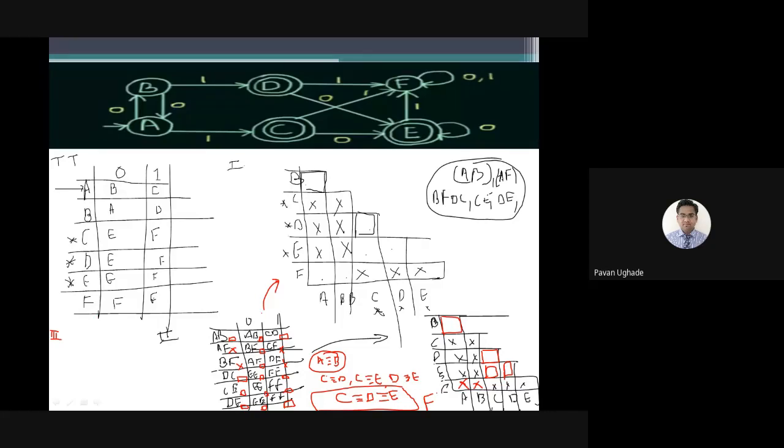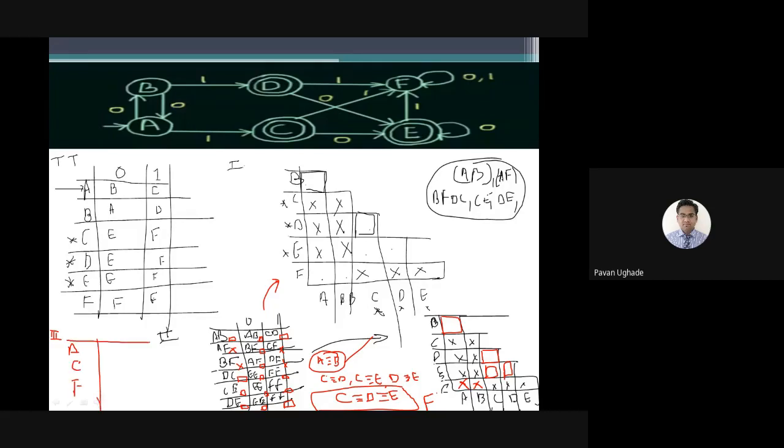I have only one page, so I am writing it here only. Step 3. Now what I'll be doing, I got to know A is equivalent with B and C, D, E are equivalent. So I'll mention this, and you can take any of the names, either A instead of B or B instead of A, as well as C, D, E. Generally we'll go with the left hand side, so I'll consider A, then B is done, C, D, E, instead I'll go with C, and left out is F.